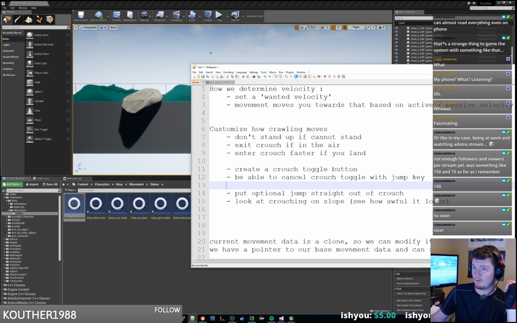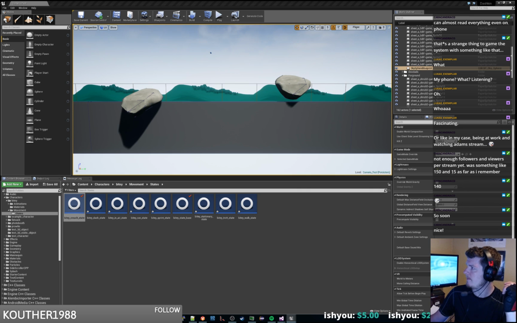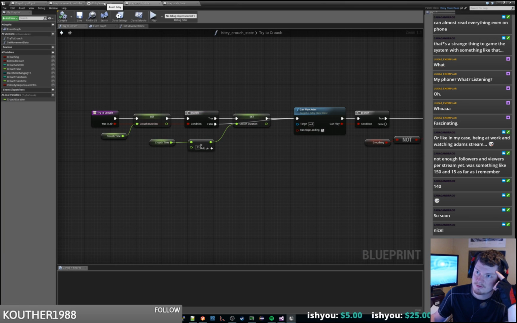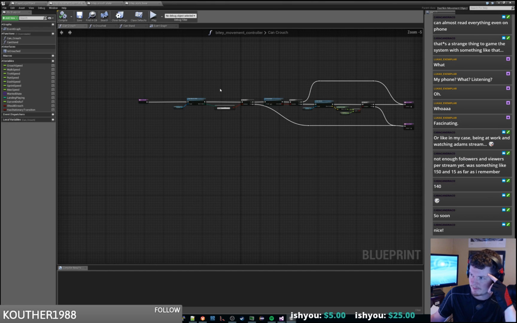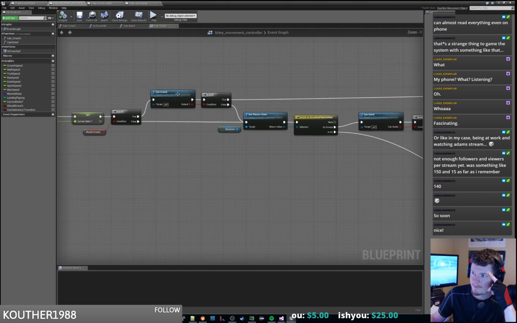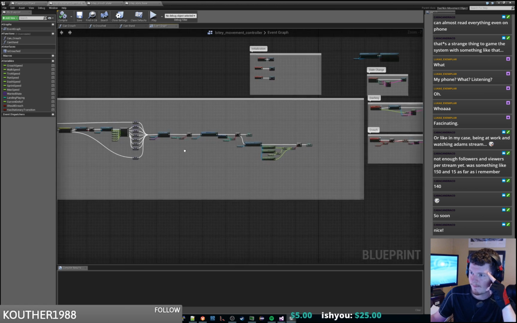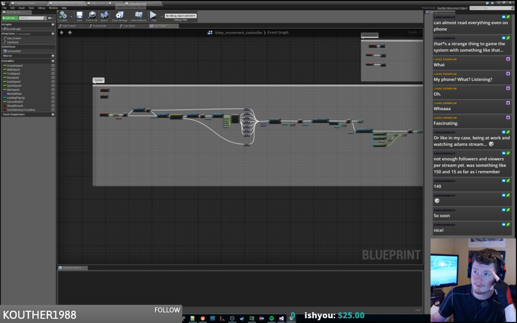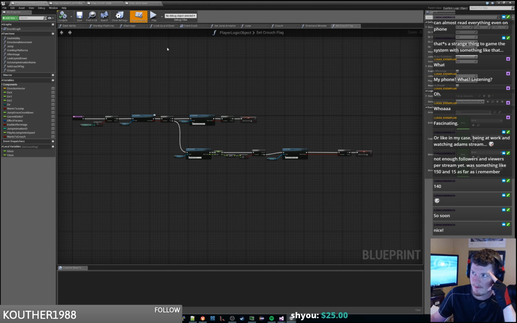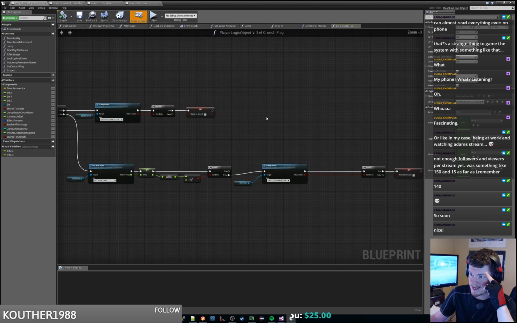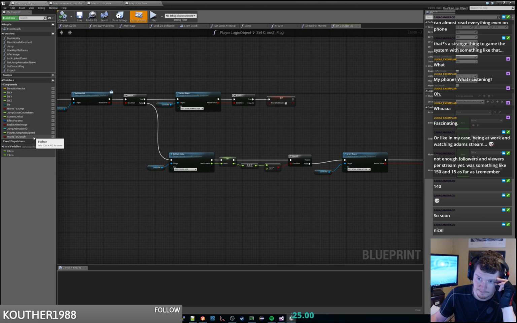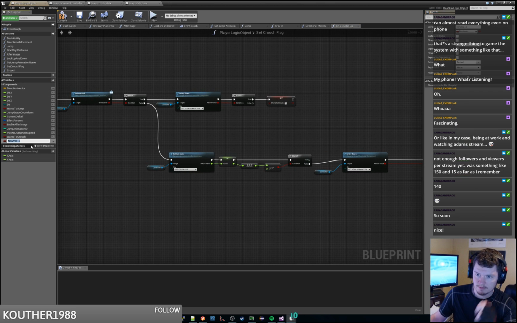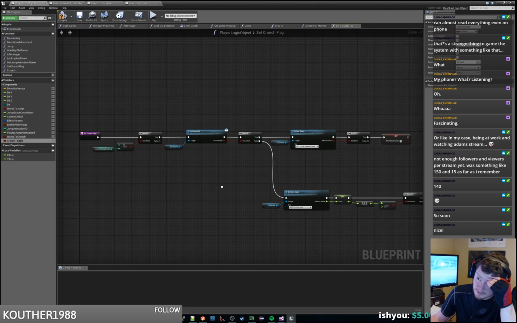And we'll map it to the Y key. All right, so we want to go to the logic object. This is the movement controller. Set crouch flag. All right, so we're going to want a crouch toggle, and it should be false. So when we trigger